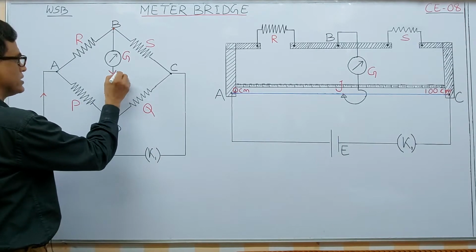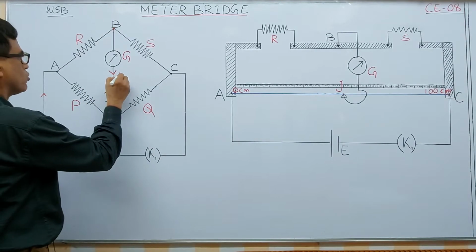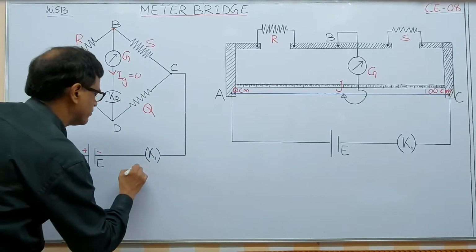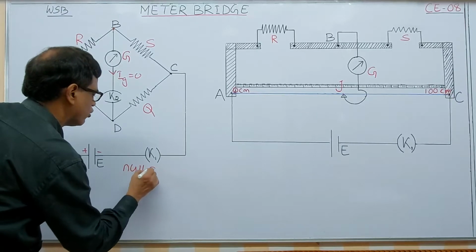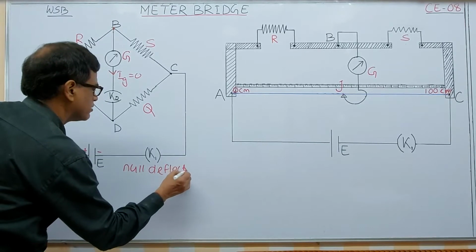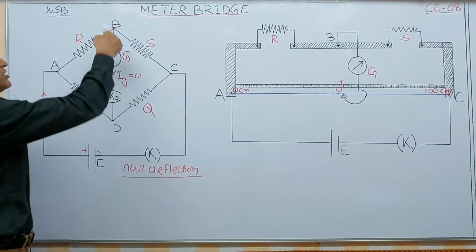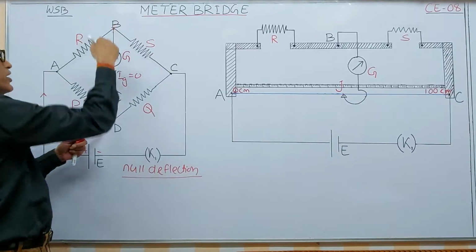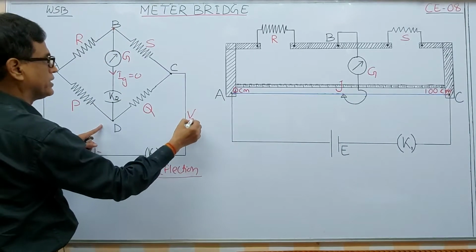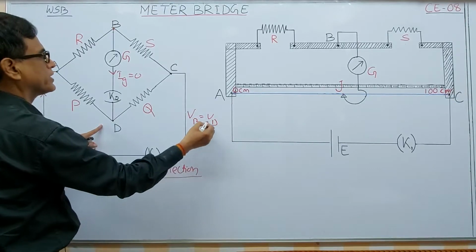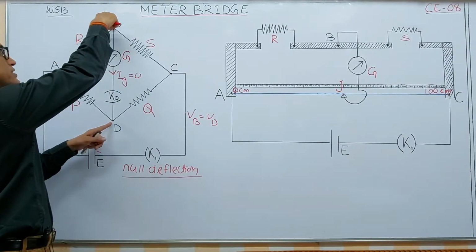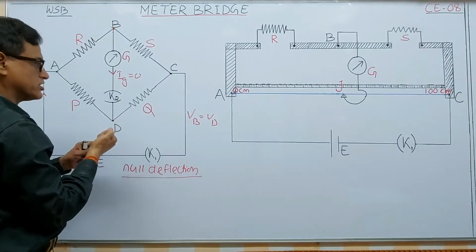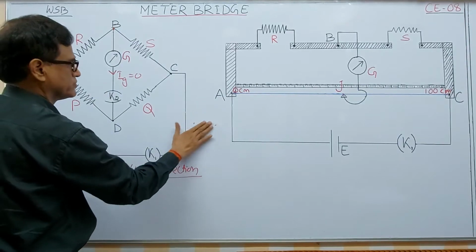And here, in this condition, no current flows through the galvanometer, and this method is called, remember, the null deflection method. What method? Null deflection method means zero deflection, no current will flow across this. At that moment, the potential at this point will be equal to the potential at this point, meaning VB equals VD. There is no potential difference. No current will flow across this bridge. That is the condition we have to impose here. I am removing this one.